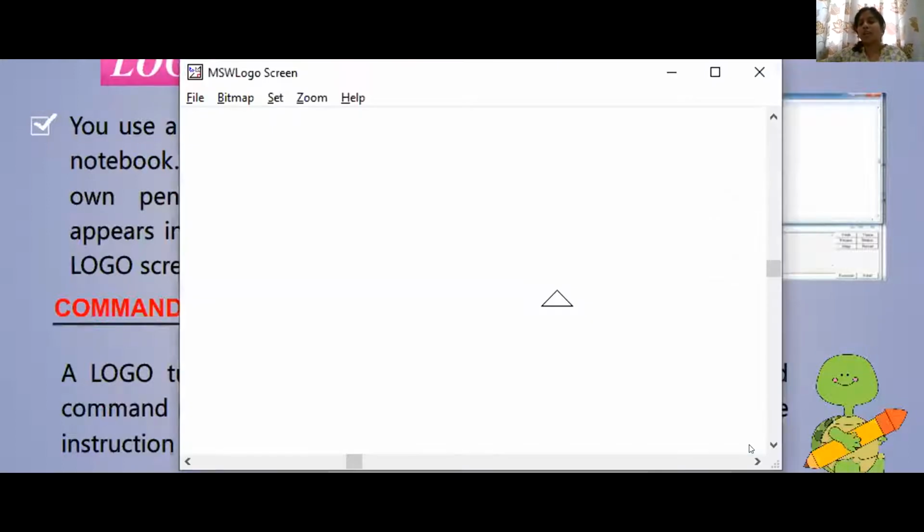Now, what do you mean by command? Command means giving some instructions to do something. Your PT teacher gives you commands, right? Left turn, so you will turn left. Right turn, about turn, 1, 2, 3, get set and run. So what are these? Your PT teacher is actually giving you commands to do. Whatever your PT teacher says, the same thing you will do.